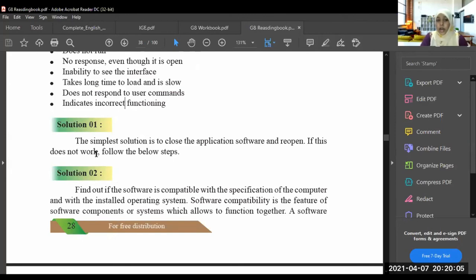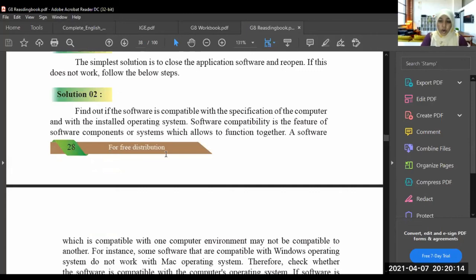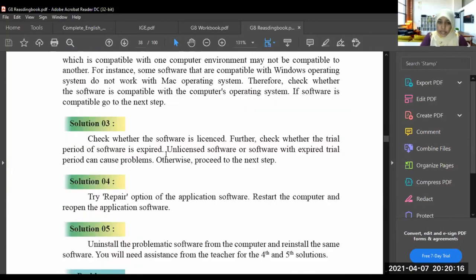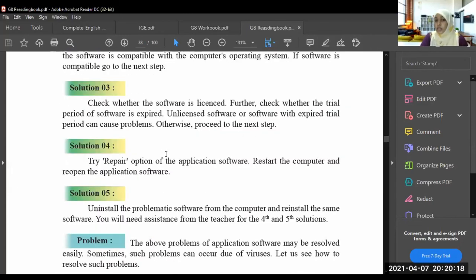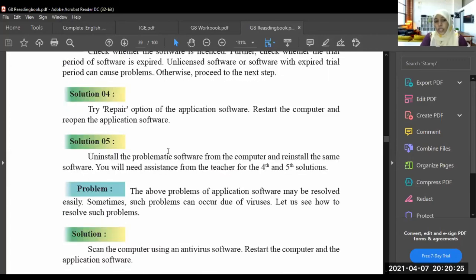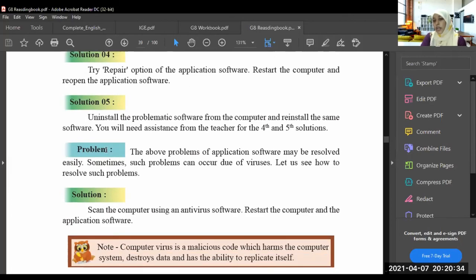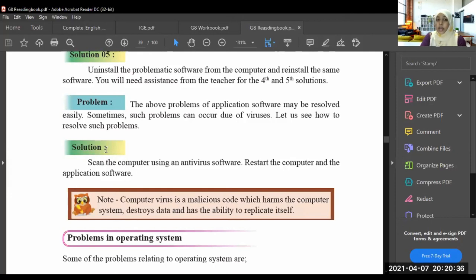For example, I told you to close and reopen the software. If it doesn't work, find out whether it is compatible with your operating system. Even if it doesn't work, check whether the software is licensed or not, whether it is expired or not. If it doesn't work, try the repair option and restart the computer. Even if it doesn't work, uninstall the problematic software on your computer and reinstall it.